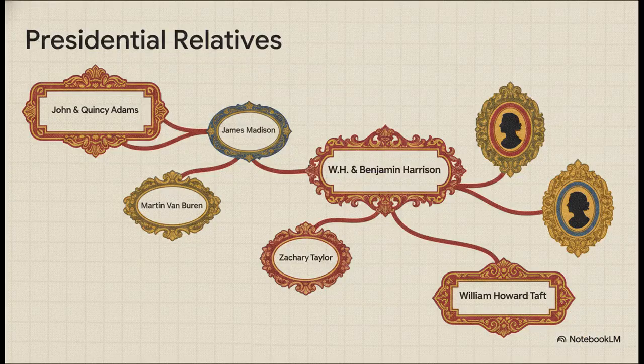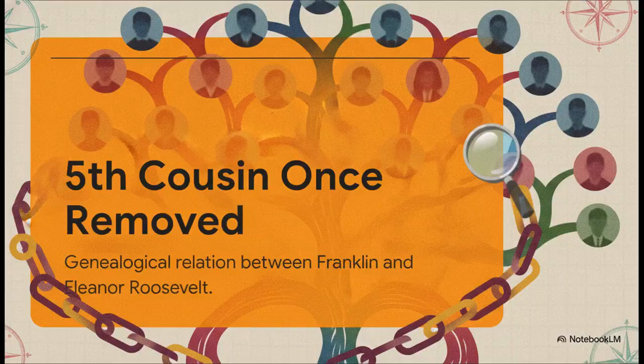Just look at this expansive network. We're talking connections to founding fathers like John Adams and James Madison, stretching all the way through to Civil War heroes like Ulysses S. Grant, and early 20th century leaders like Taft. His family tree practically reads like a table of contents for a U.S. history textbook. The web was so tightly knit that Franklin and his wife Eleanor were actually related themselves.